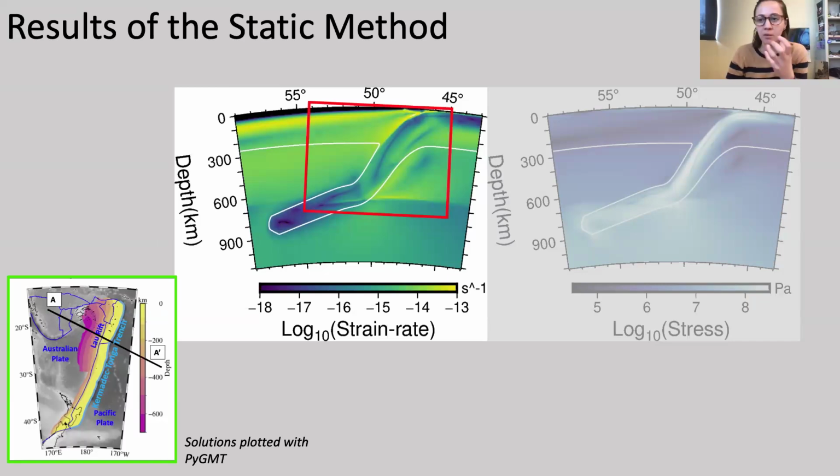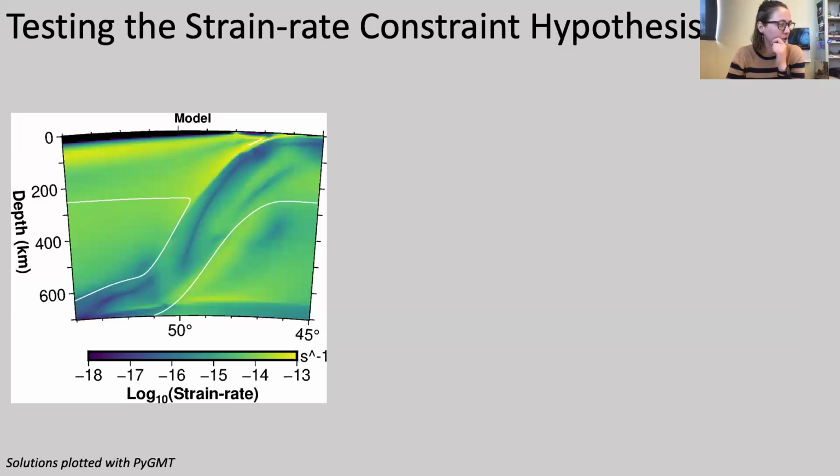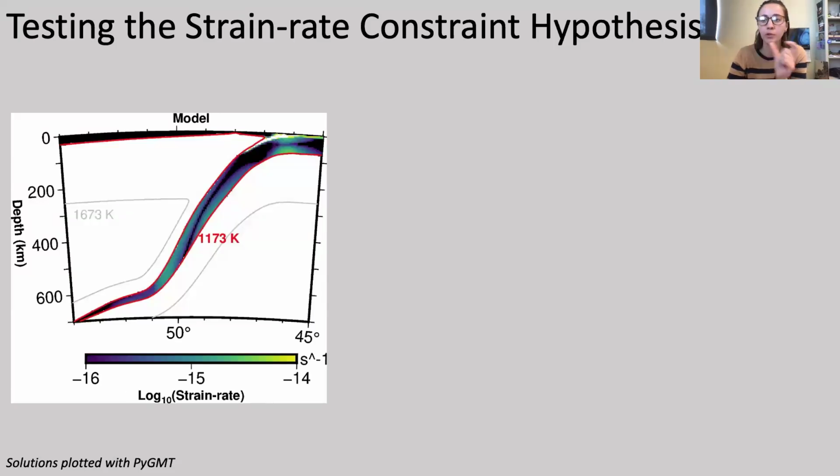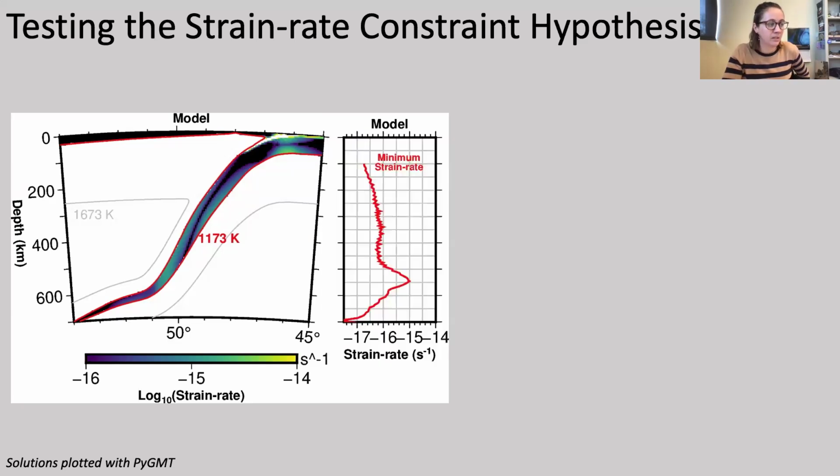So I'm going to shrink the part of the domain we're looking at just a little more, since we're focused on the seismogenic part of the slab where we see deep earthquakes, and look at the strain rates just from about 700 kilometers and up. And then I'm going to look at the strain rates just within the colder portion of the slab where we would expect deep earthquakes to occur. And so now I'm going to use that same methodology that the Billen 2020 paper originally used, of looking at the strain rates within a specific temperature contour and plotting them as a function of depth.